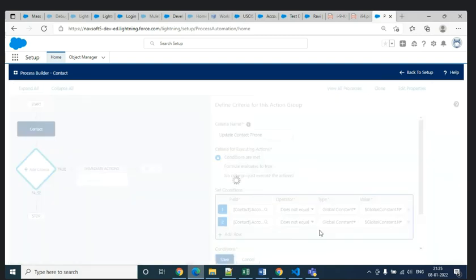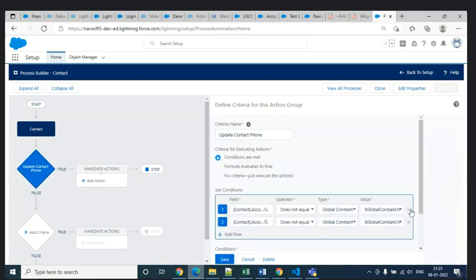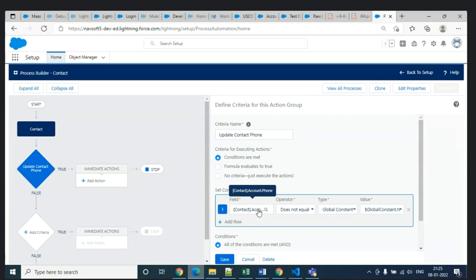So this is a condition you have written. There is an account, and in that account you should have an email. Or else you directly remove the first one, even though it is satisfying that email, phone number, right? If a phone number is there, then only it will update.